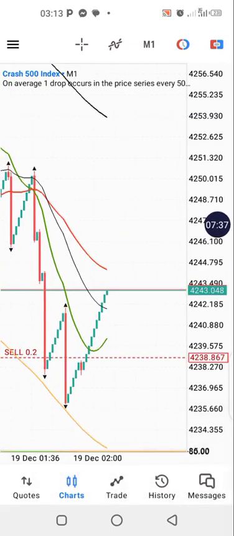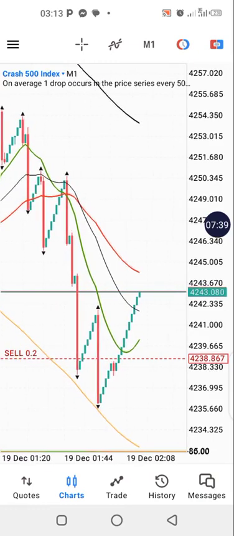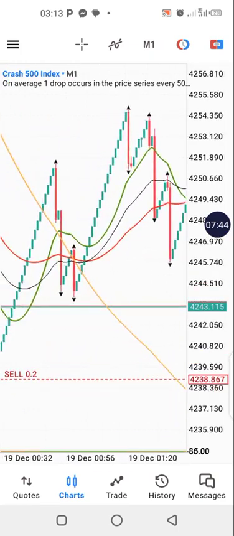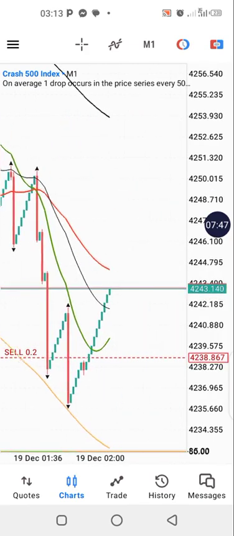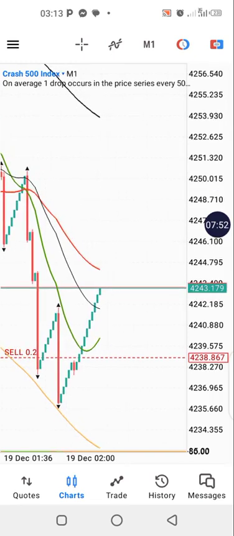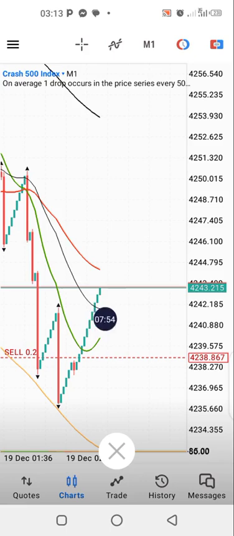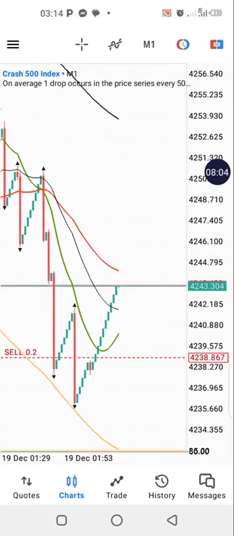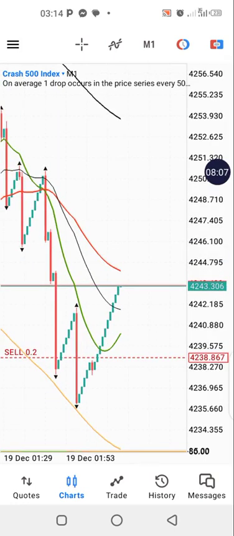So I took this trade so that you'll be able to see what I'm talking about. This strategy is the best. It's very simple. I've been using it to make a lot of money. So let's watch. I'm still expecting the spike. It has crossed the black. It's going towards the red. So let's just watch and see what happens in the marketplace. After the spike, I'm going to show you the indicators that I've used. I'll show you the setup so that you can set it up and then begin to use it